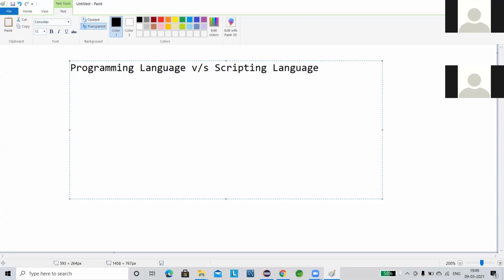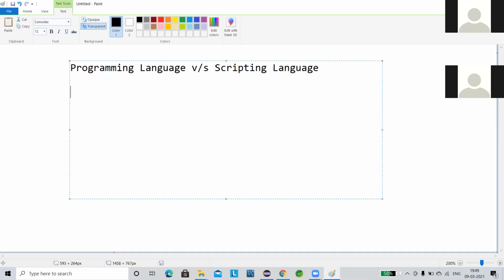The main comparison between these two is that a programming language is considered a multi-file language. Multi-file means suppose it has a lot of lines. If your program is very short and simple, it will execute directly at the console. If it is an interpreter in the backend, then you can say it can be a scripting language. But a programming language can be complex.